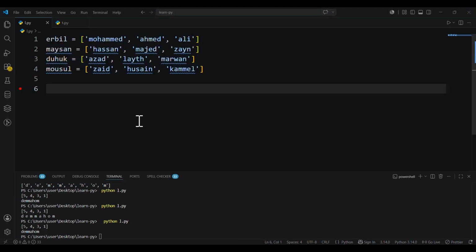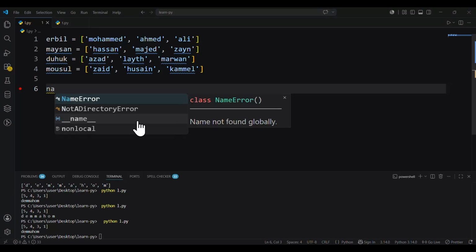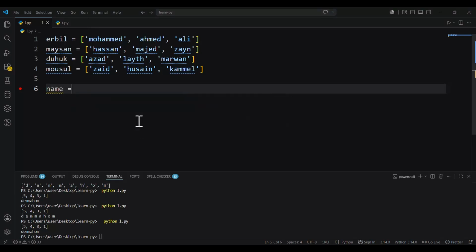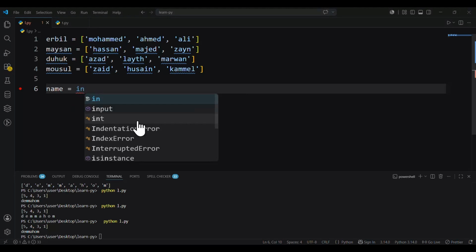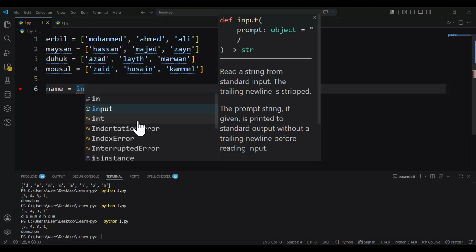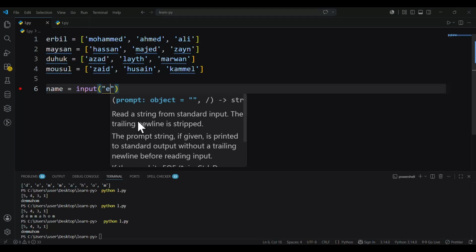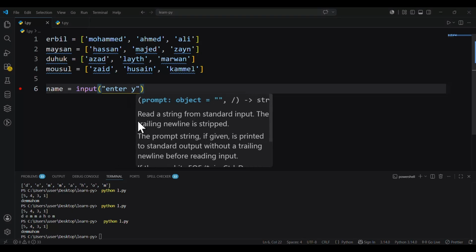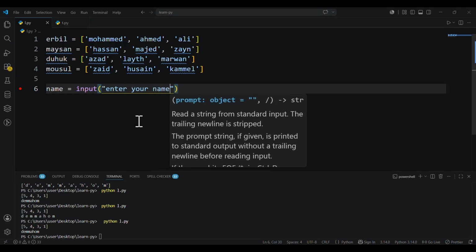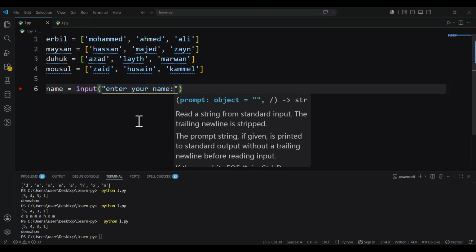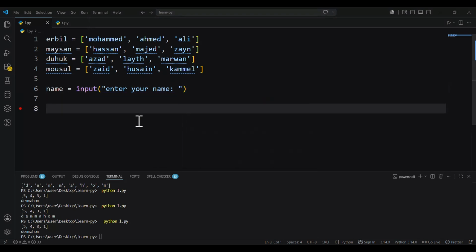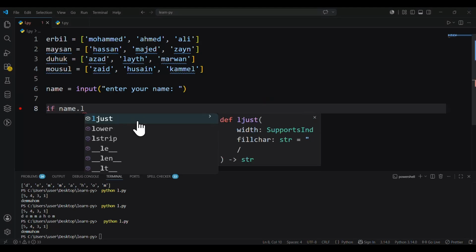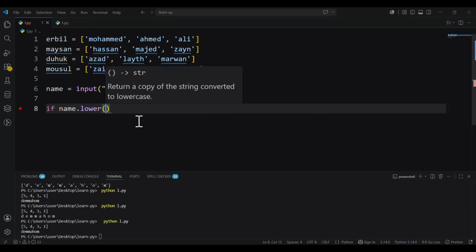Okay, the first thing I will make is a variable named input, and enter your name. Enter your name. Okay, and then say if name dot lower in Erbil